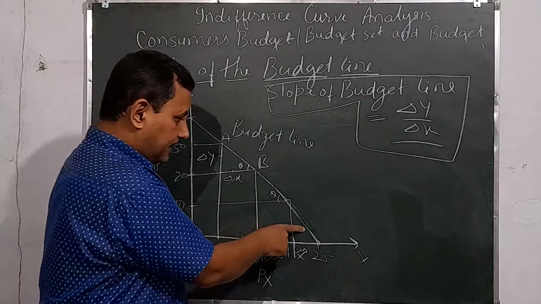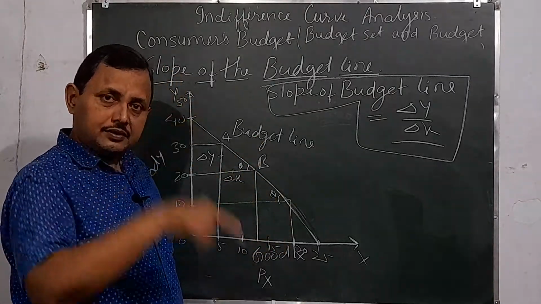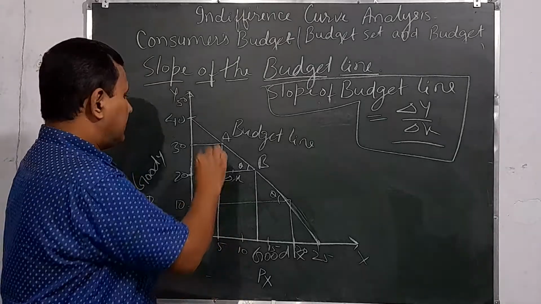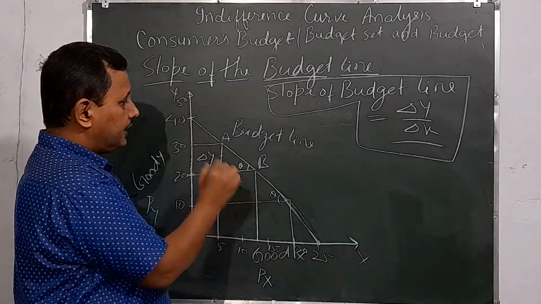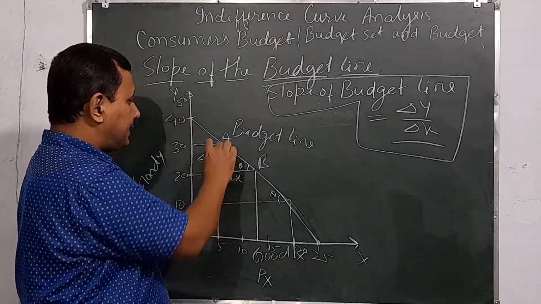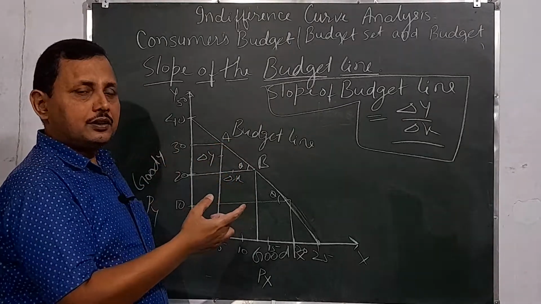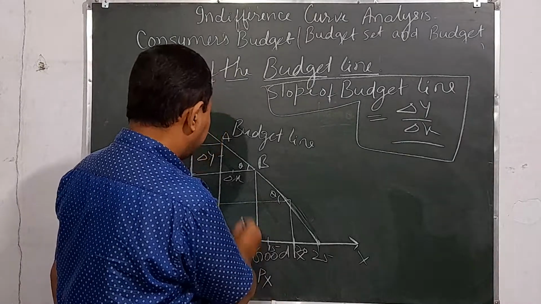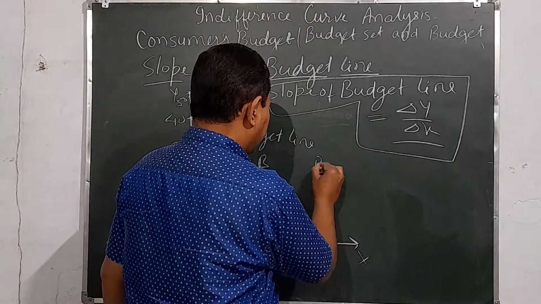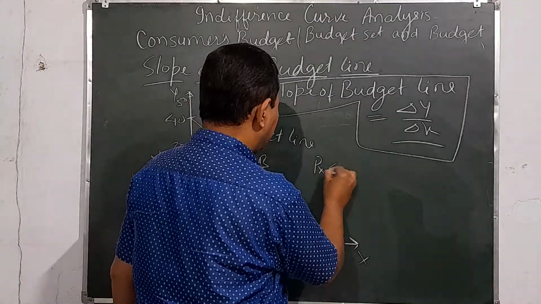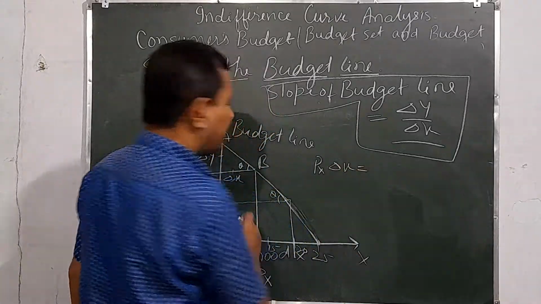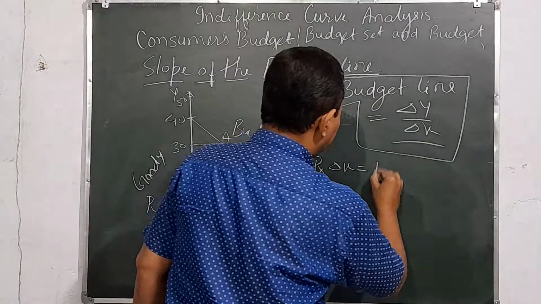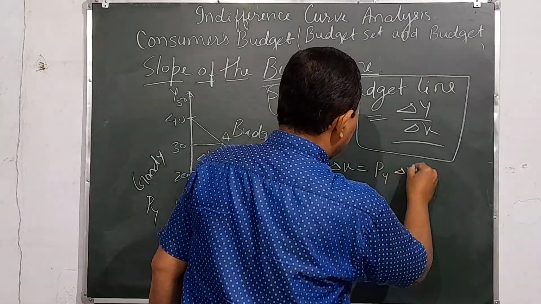So if the consumer is keeping his budget constant, with no change in the budget, the amount spent on good X will be the same as the amount spent on good Y. Here, if Px is the per unit price of good X, the cost of delta X will be Px into delta X, and similarly the amount of good Y which he has to forgo will be Py into delta Y.